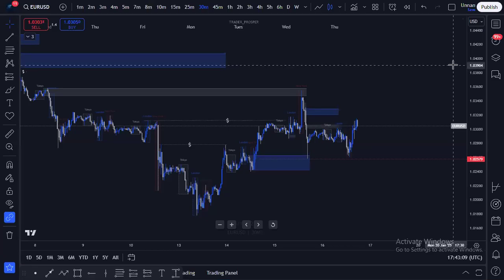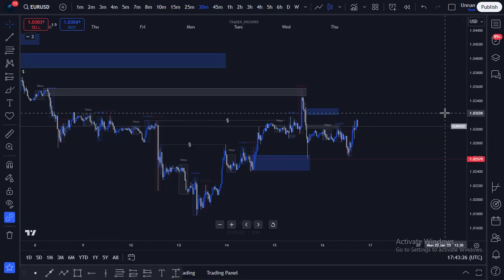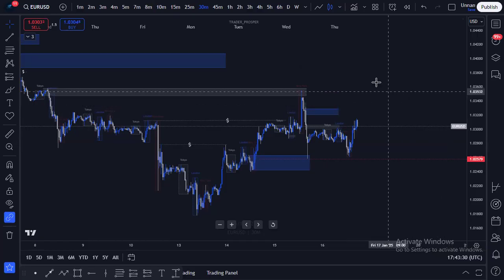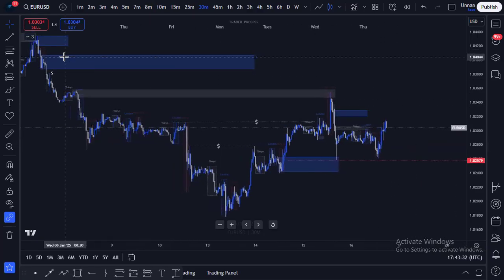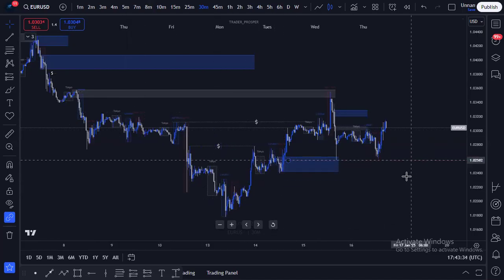All right. So today being the 16th day of January, this is Euro USD. Something happened earlier today while I was trading. So I feel like sharing it with you guys on here as the purpose for this video. Now, as you can see on the chart, we've been selling off at this point here, but